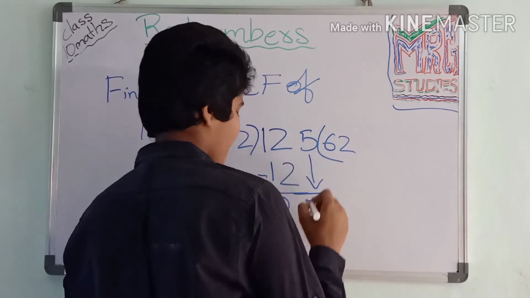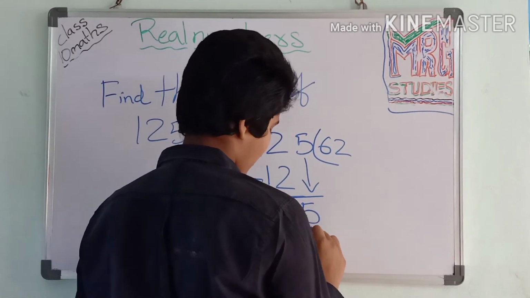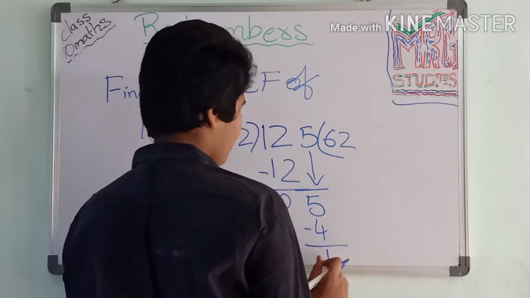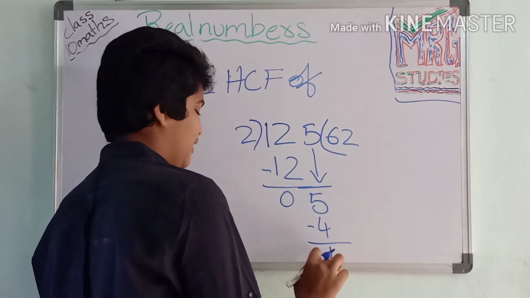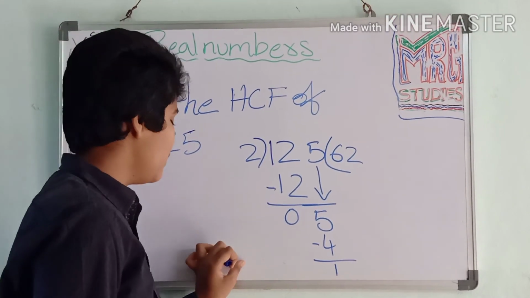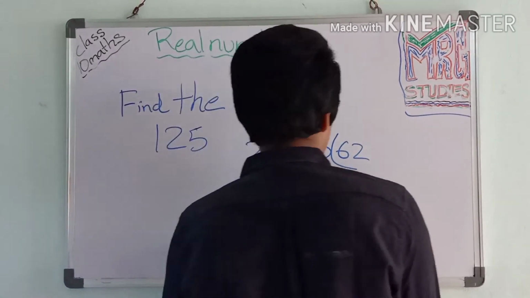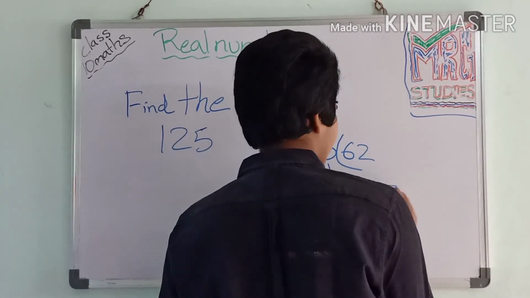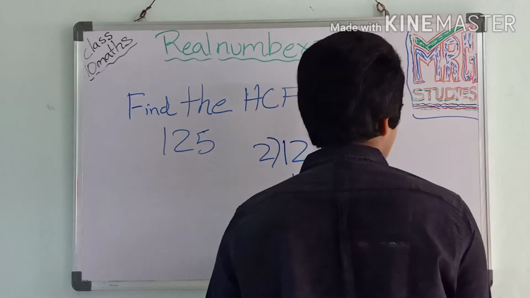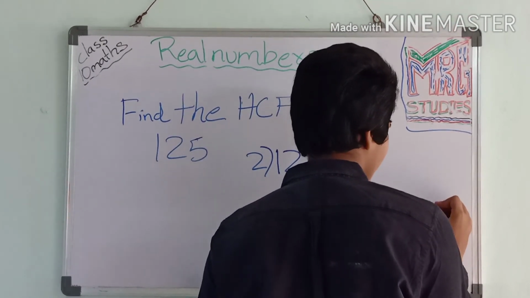With 1 also we should do, but we can't get with the 1. So in prime factorization, like the division setup, we should write it in this only. 2 into